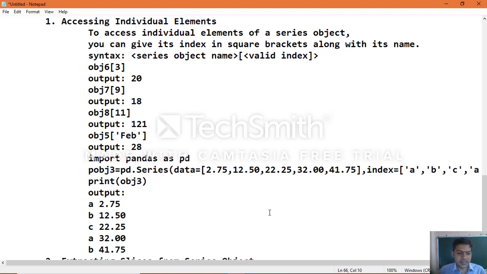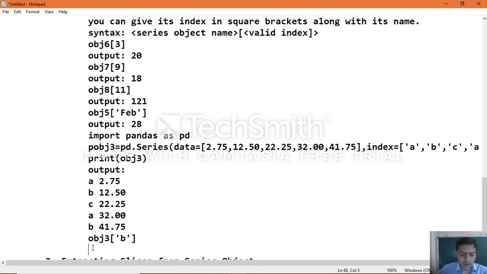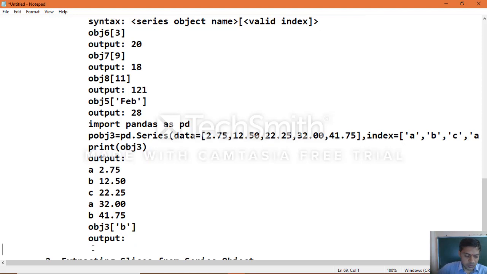Okay, so now in this example, suppose you apply the index number, then for that particular index, all the values which were assigned, the duplicate entries also, you will get as an output. See the example obj3 of b. So b is a string, you must specify the index in such a way, as a string. The output you will get is according to that index, whatever values were specified.